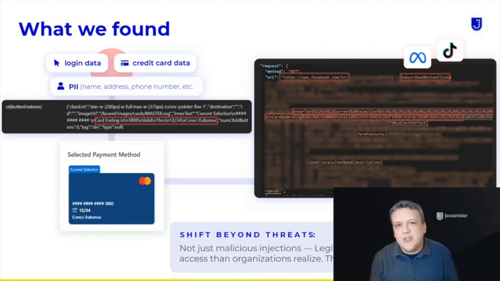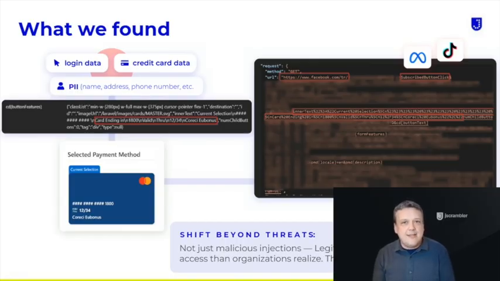So at Jscrambler, part of what our research team does is to analyze what is actually executing on production websites. So this is the real client-side supply chain. And this is a recent example here. We actually just published some research on this just a few hours ago this morning. And check out the blog on our website if you want to see more details on this. What we found, though, really should concern every CISO here.